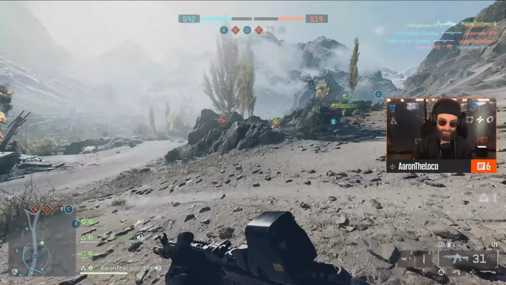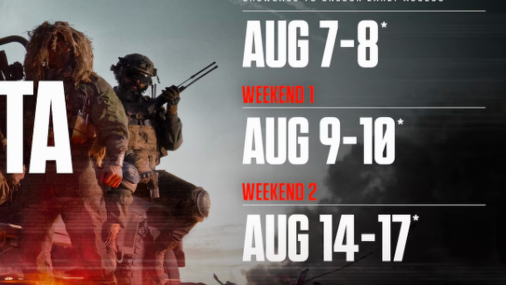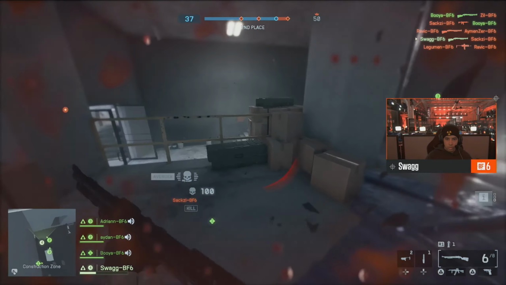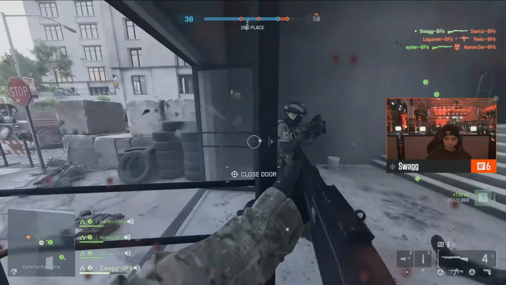But it doesn't end there just yet, because we'll have a second weekend of the Battlefield 6 open beta, which will run from August 14th all the way until August 17th, so about 3 days. So in total we'll have 5 days to try out Battlefield 6, and once again both weekends do not require a code or anything. It's free, it's open, just download the Battlefield 6 beta and you can enjoy it for those